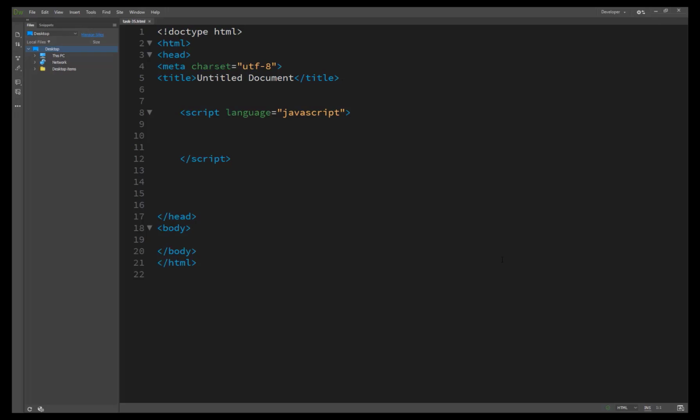So now we are starting our task number 35, using short form condition testing. In the previous lecture we learned how to check a condition using the if statement, but in this lecture we write code as short form condition testing code. JavaScript provides a short form method of testing a condition and then returning a value based on the condition. It's very useful when you want to assign a value to a variable. If the condition is true, it gets one value, otherwise it gets another value.